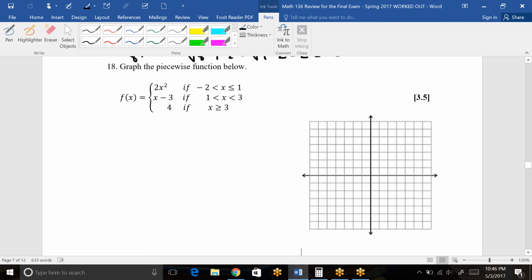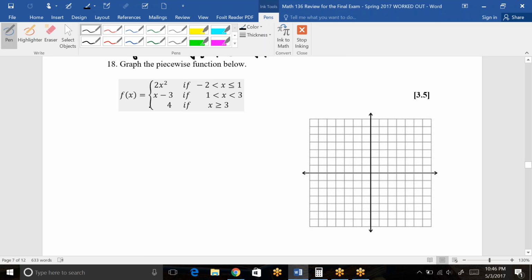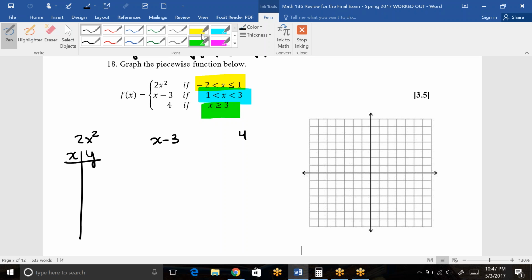And then the final one for part 2 is number 18. So this is the end of the day 1 material. So this part right here is a piecewise function, and we need to do that by a table of values for each one. Your table is dependent on the domains for each piece. Okay? So for this first one, which is yellow,